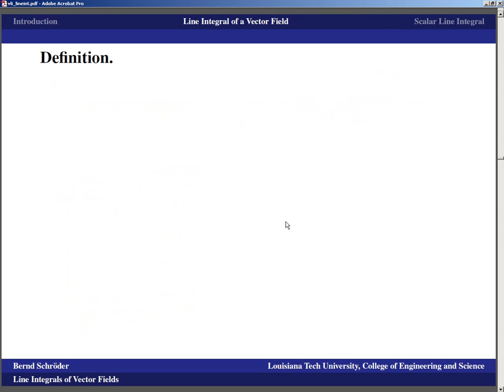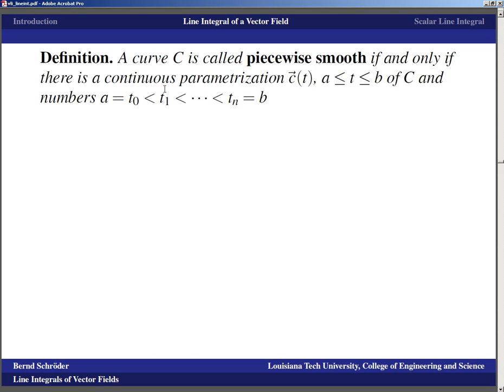All right, to finish another technical aspect here, what we have just done is we have taken a line integral and we have pieced it together from several other line integrals. That is actually more common than we might think, coming from calculus, where everything seems to be round and smooth. And so we will call a curve piecewise smooth if and only if there is a continuous parameterization,